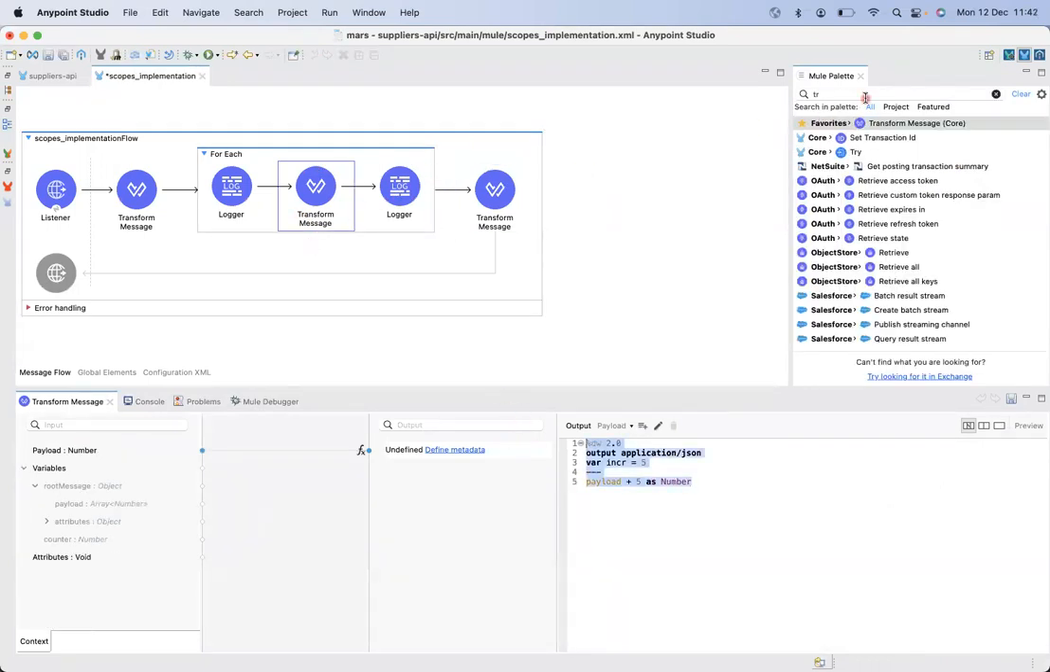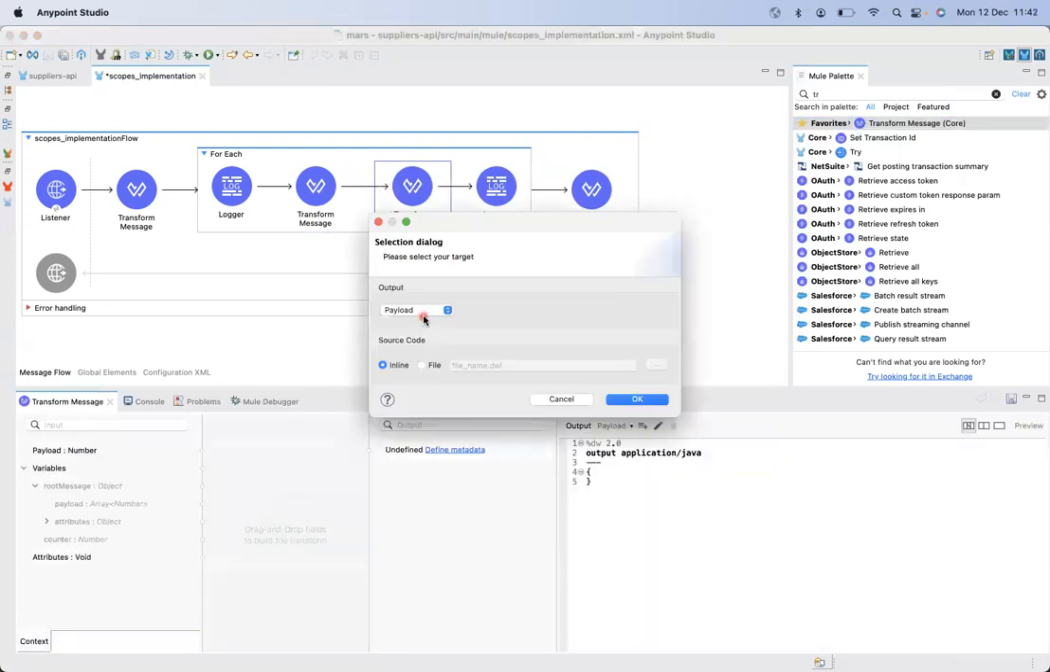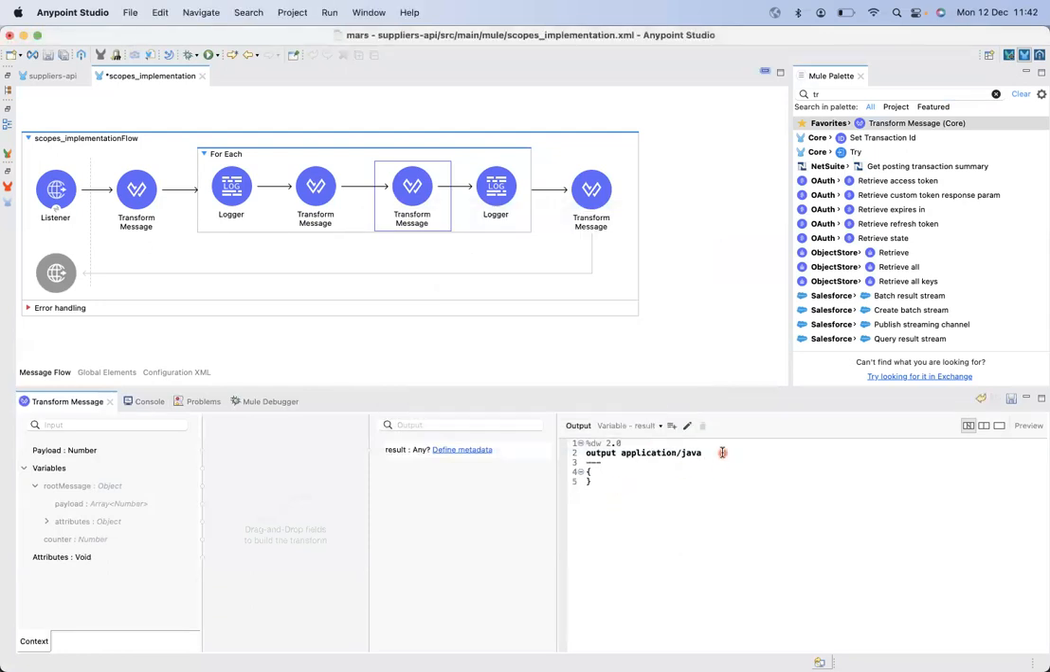So after this transform message, define one more transform message, and within this, create a variable. Create a variable as result. And this result should be an array. That means we need to use this variable result, because the first time this result variable will have an empty value, we need to define a default empty array. And then after that,